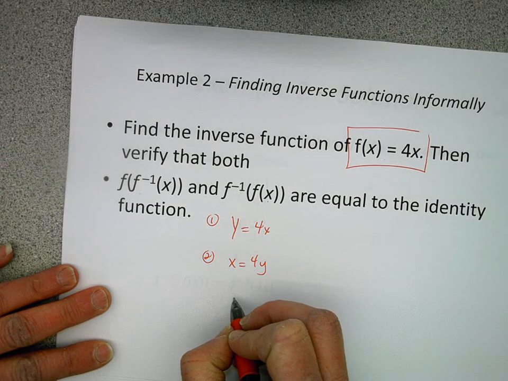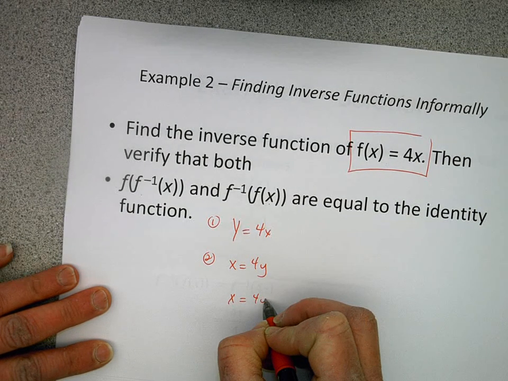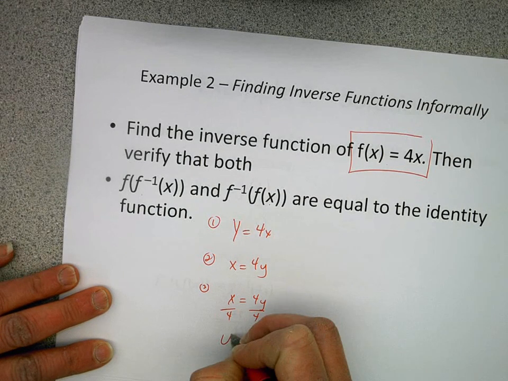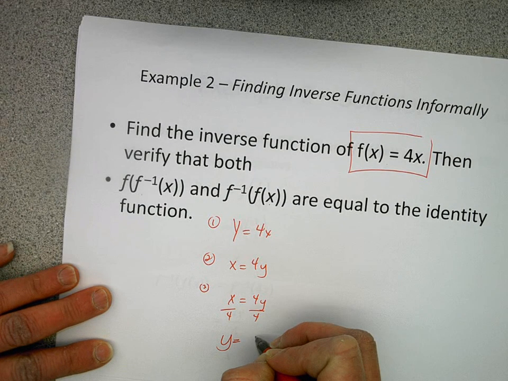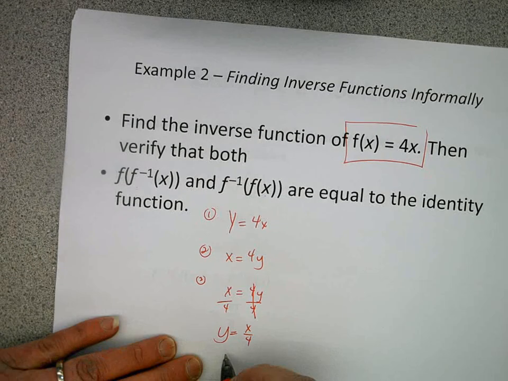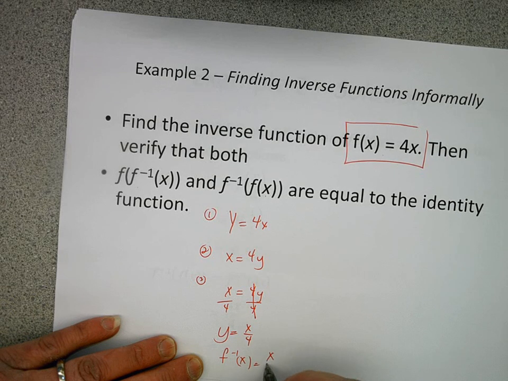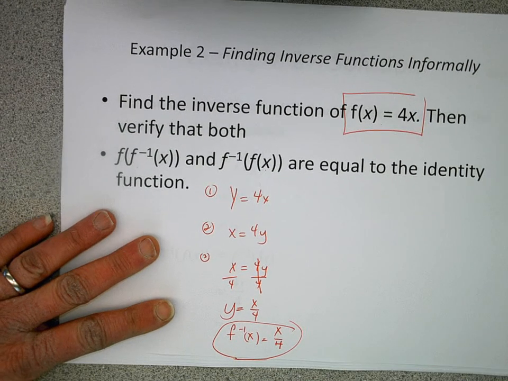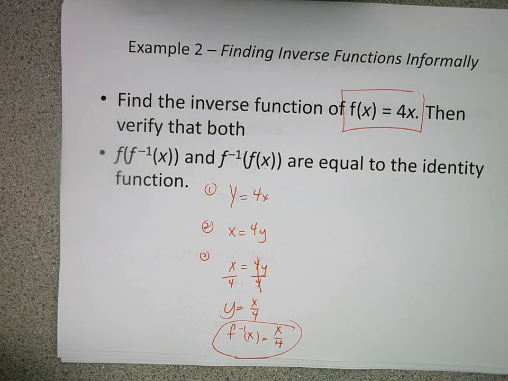So if I was going to solve this for my new y, I'm going to divide by 4. I get y equals x over 4. And then when you're sure, you write it as an inverse. You have to put the little -1 because you're verifying that you know that's the inverse. Okay, just to check,